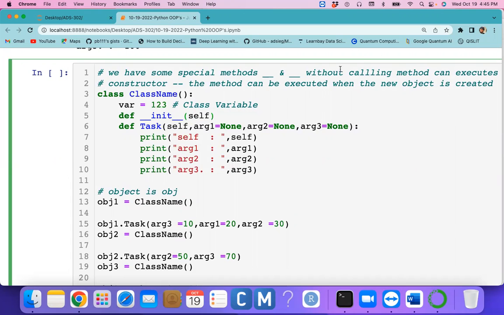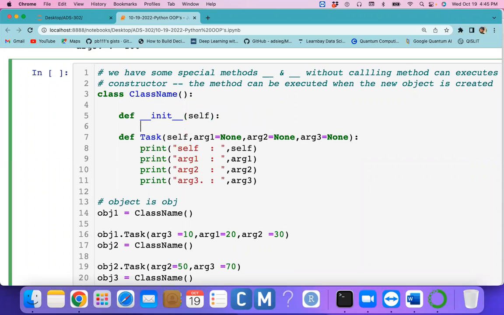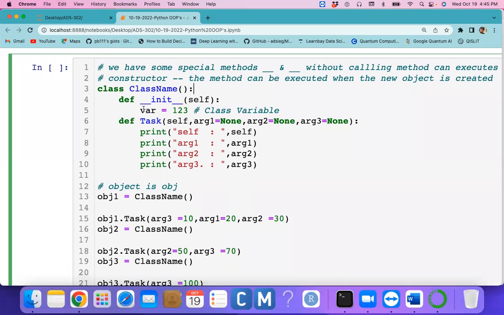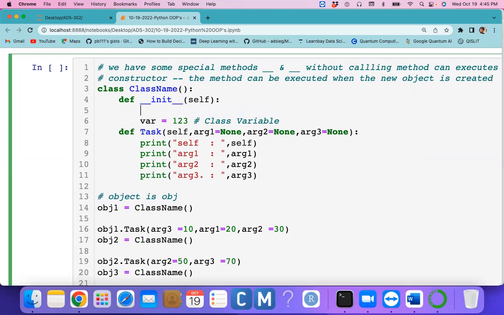For example, I want to define this class variable inside the init method. So here init is the constructor. Whether the constructor is really executing or not, if you want to know it, I am